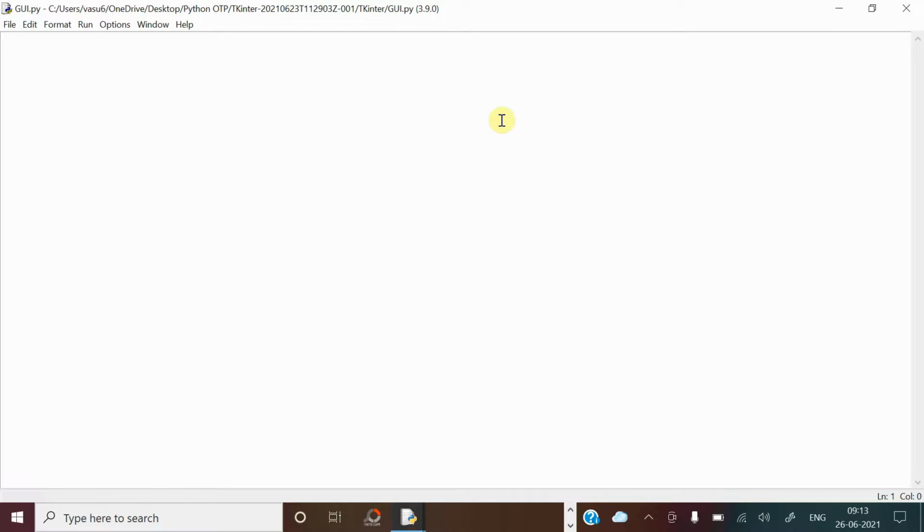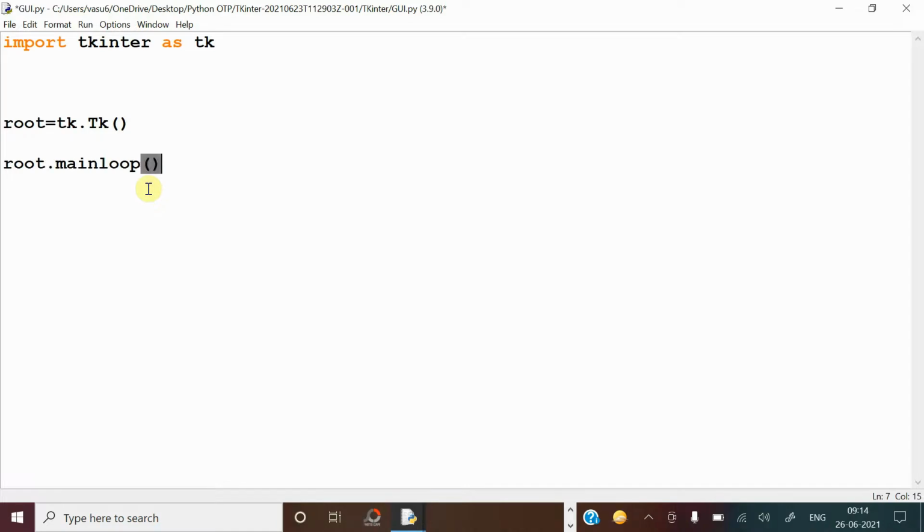After finishing this, get into your program. The very first thing you have to do is import the module tkinter. Import tkinter as, and for this you can give an alias name. So this is the way you can keep the tkinter module in your program. Now you have to create the root window for your program: root equal to tk dot capital T K. Here you have to call the Tk function from the tkinter module. After that, you have to keep this in a loop, mainloop. Now save your program and run.